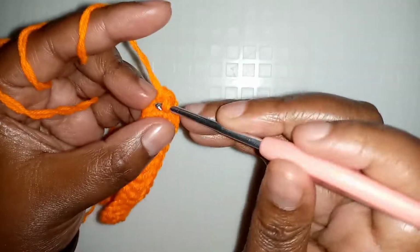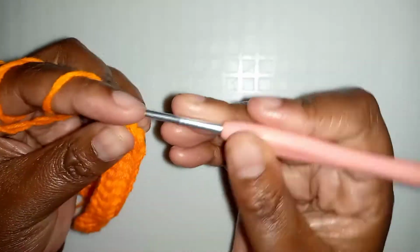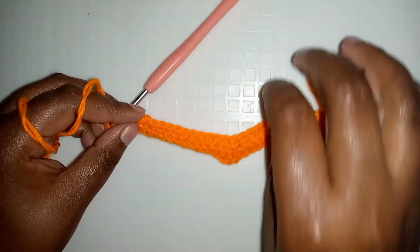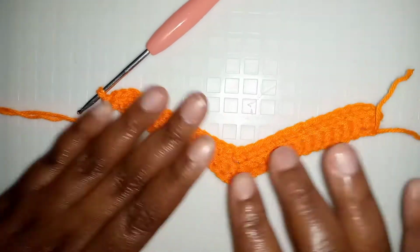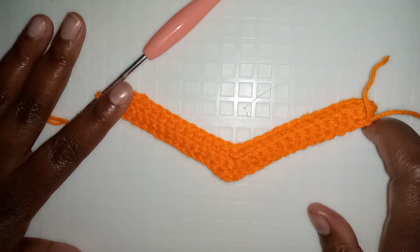14 and 15, and now it has already started forming the V. All right, so now again we chain 1